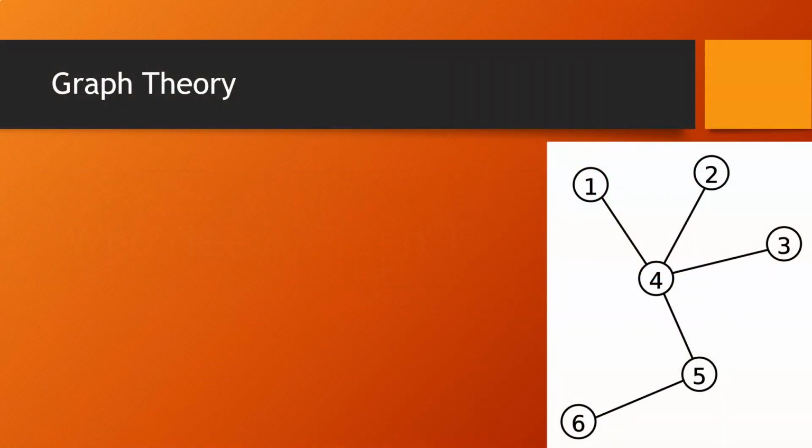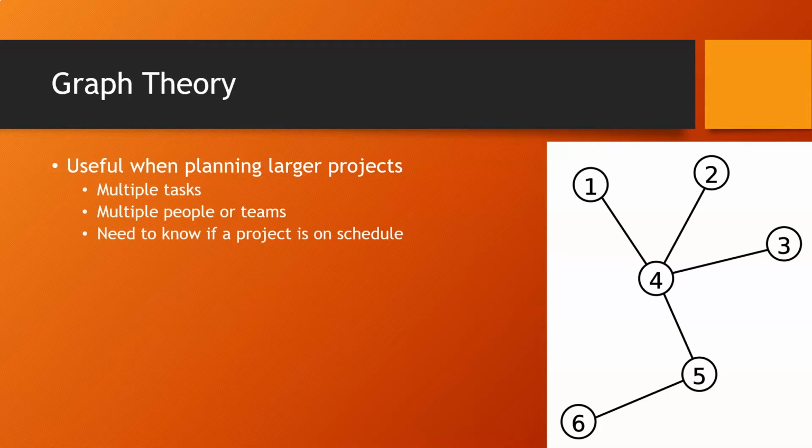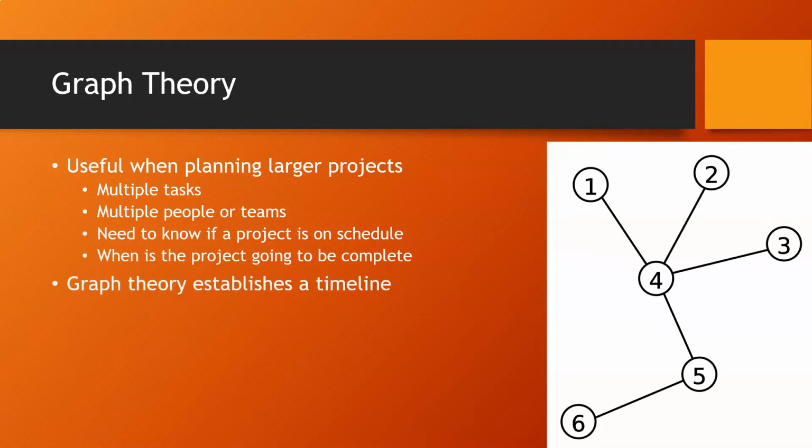Graph theory becomes useful when you start planning more complex projects with multiple tasks and multiple people or teams involved in completing the tasks. One team may be depending on another team to complete a task before they can complete theirs. The project manager will want to know the project is on schedule, or for that matter, they want to know how long the project is likely to take before they even start it. Graph theory gives you the basis for planning a project, understanding the dependencies between tasks, and establishing a timeline for